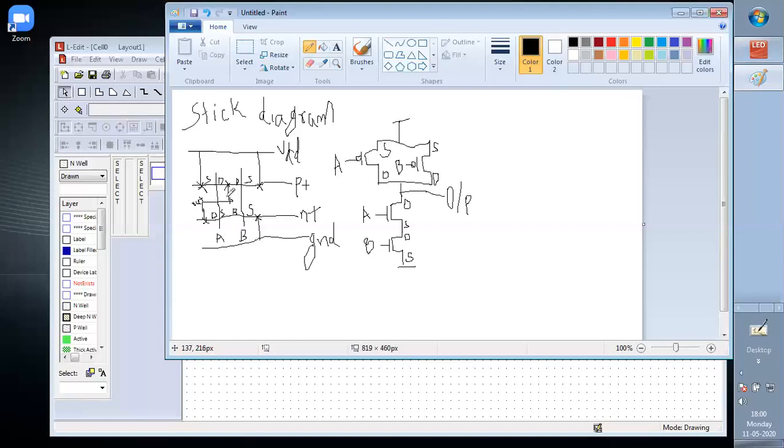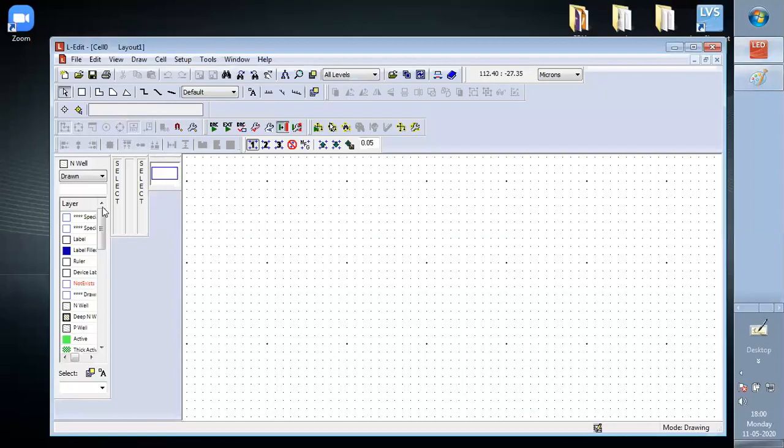For 2 NMOS transistors, for 2 polys, it will be 4 into 3 into 2, that will be 12, to the 24 plus 1, 25. So here we draw the active.